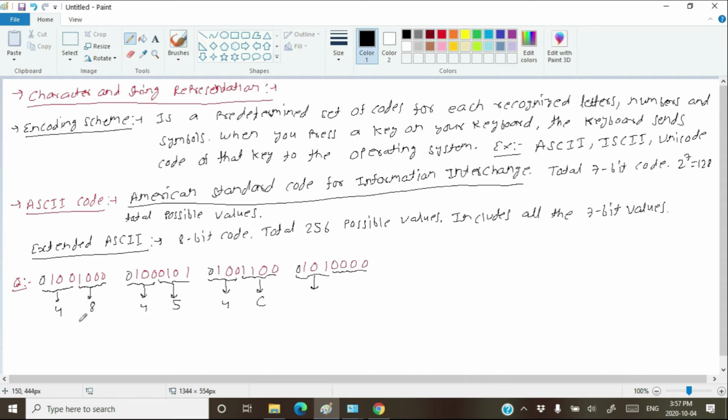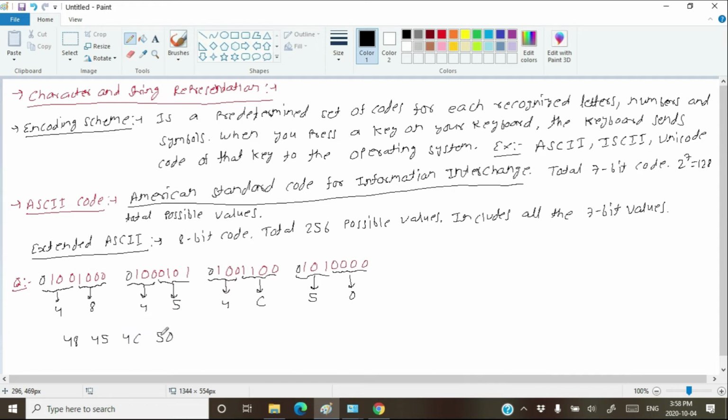I am just converting them into hexadecimal numbers. Right now I am not converting them into the original word. Remember it. So this one will be 5, and this one will be 0. So here we got 48, 45, 4C, 50.